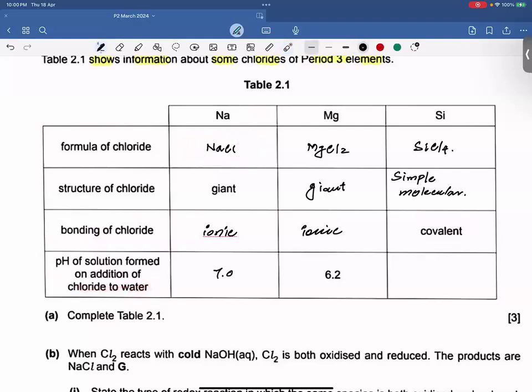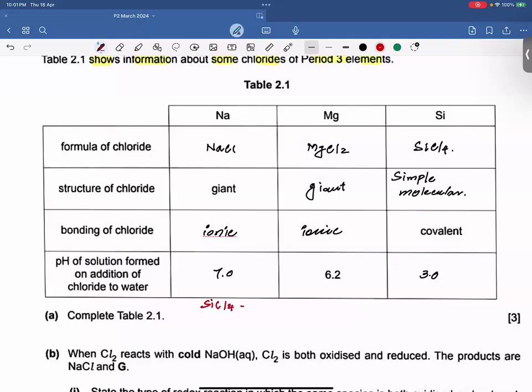Magnesium chloride, because of the high charge density of the magnesium ion, gives you a slightly acidic solution of pH 6.2 when you place it in water, right? Now, SiCl4 has a vacant d orbital, and because of that vacant d orbital, it can easily hydrolyze with water, and that will give you a strong acidic solution of pH 3, and that strong acidic solution also conducts electricity because HCl is going to be the final product in this case, right? Let me tell you,